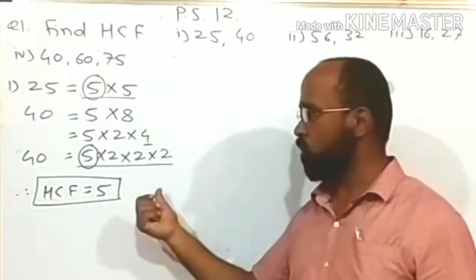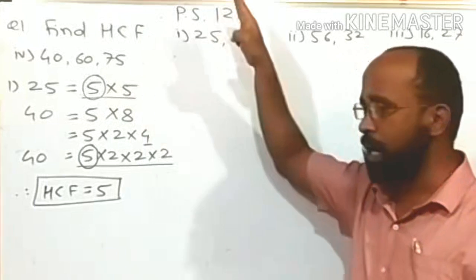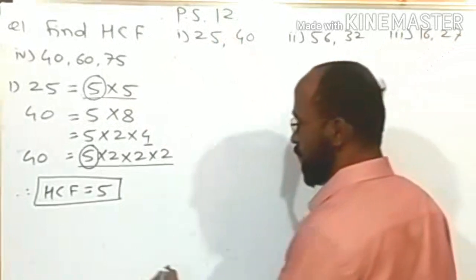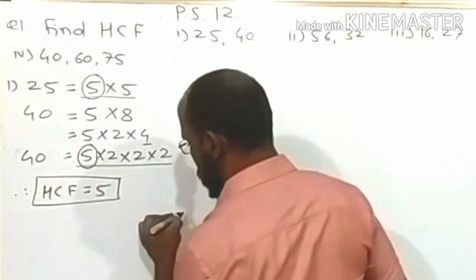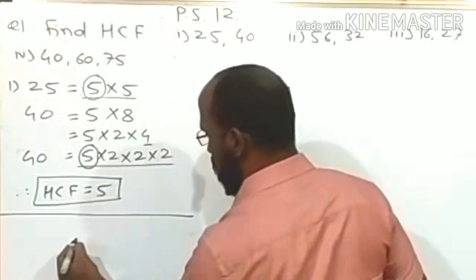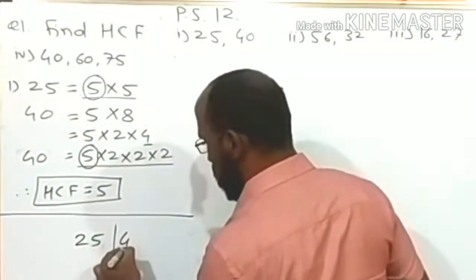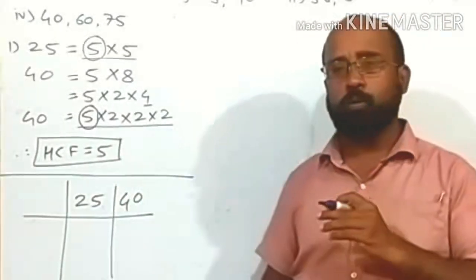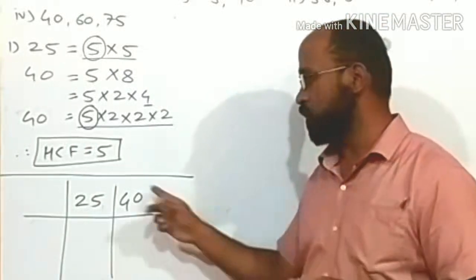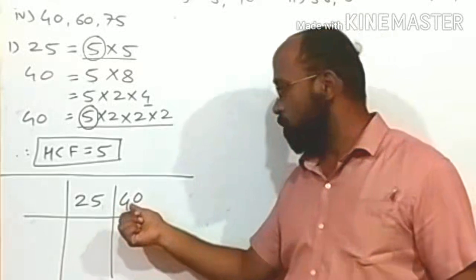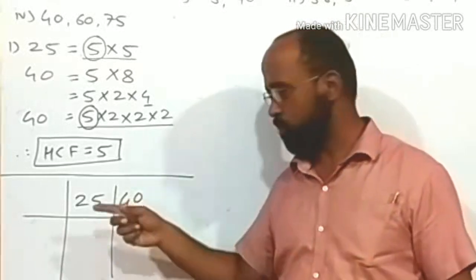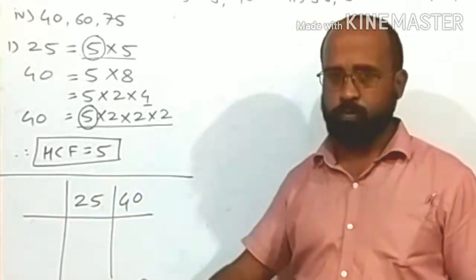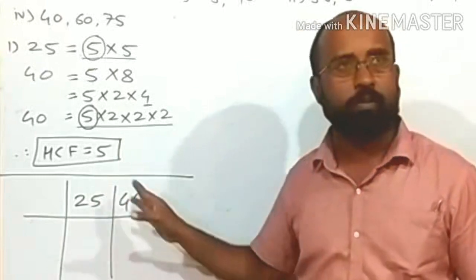And another method to solve it, another method to write it, is the vertical arrangement method, which is comparatively easier. What do we have to do in that method? Write down these two numbers vertically. So I will write 25 first. After that I will write 40. Okay. Then we have to find the common factor between these two numbers. For example, 40, is it divisible by 2? Yes. But 25, is it divisible by 2? No. So only if both of the numbers are divisible do we divide. One number is divisible, one is not divisible, so we will not divide by 2.